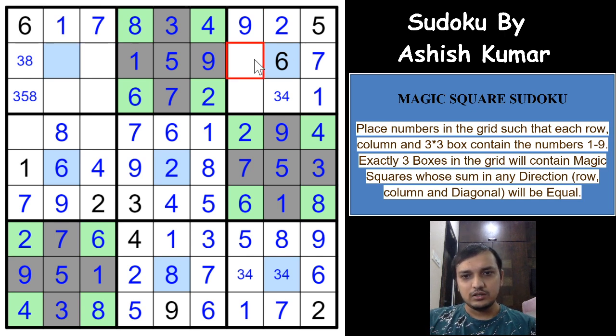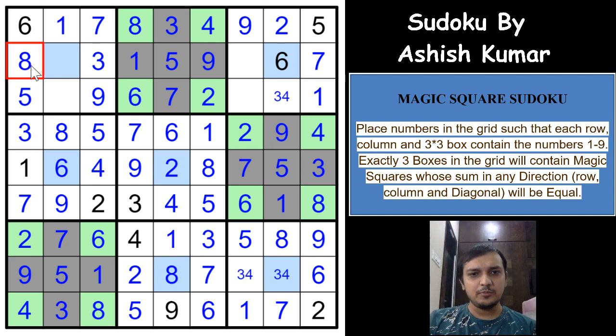And the 3 digits remaining here, 3 4 and 8, right? Anyway possible. I can directly write an 8 here by the uniqueness way, but let's see if we can get it by the logical way. The 3 digits remaining here are 2 3 5 and 9, right? So 5 and 9 is here, which means a 3 has to come here, and a 5 here, a 9 here, which means 3 here, which gives you an 8 here and a 5 here. And because of the 8, we directly mark an 8 here, right?